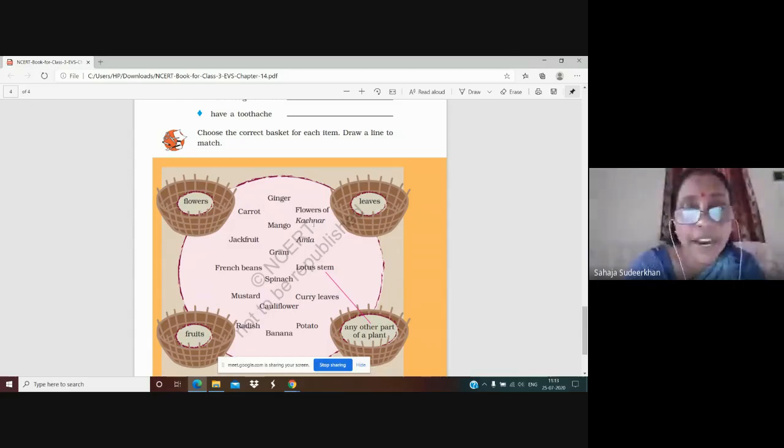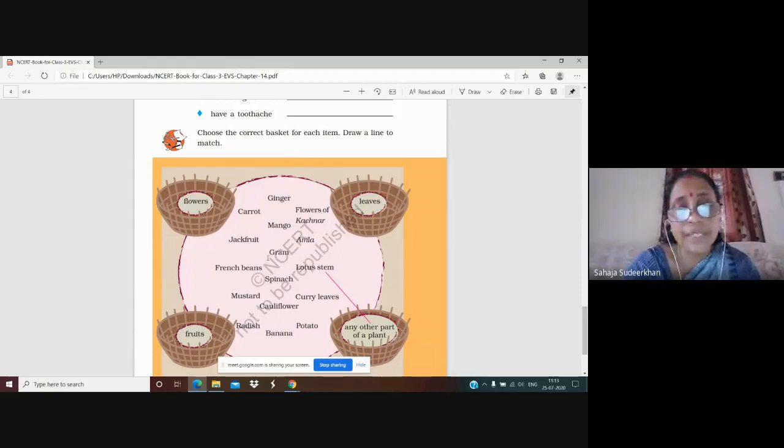So, this is a flower. So, we can match this with this basket. Mango is a fruit. So, we have to match with the fruit. Jackfruit is also a fruit. Match with this one. Amla. Amla is also a fruit. We can draw here towards fruits basket.